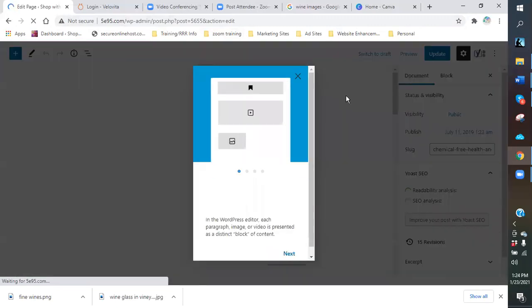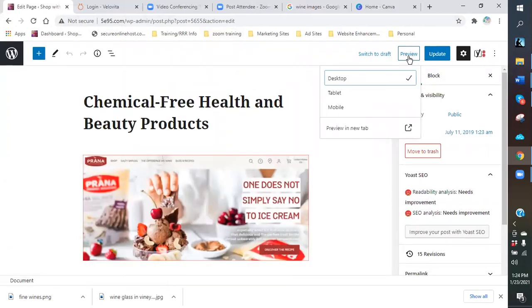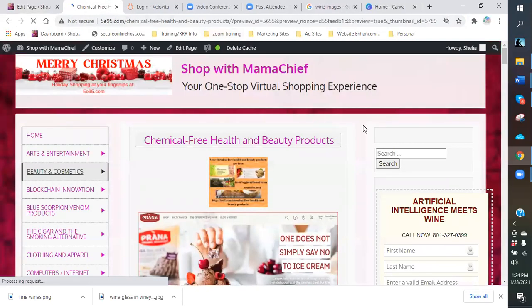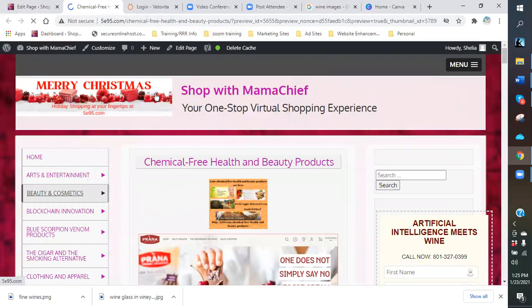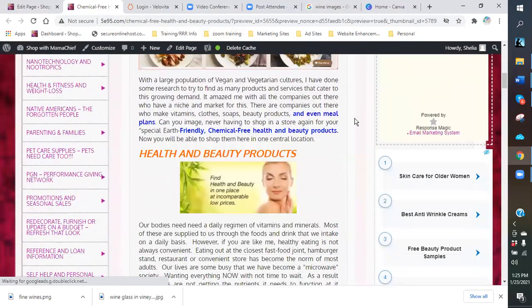Because the other day I was in there looking at it, and it had a lot of health ads on my page. So I'm going to hit preview in a new tab, and let's see if they show my ads on Google. All right, since I'm still in it, they're not going to show it. Okay. But sometimes they do. Like see right here, this is a Google ad